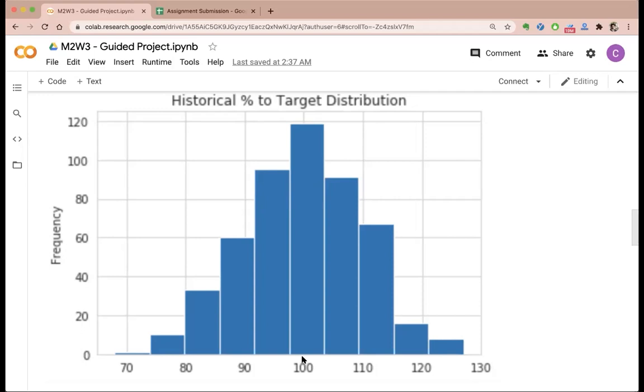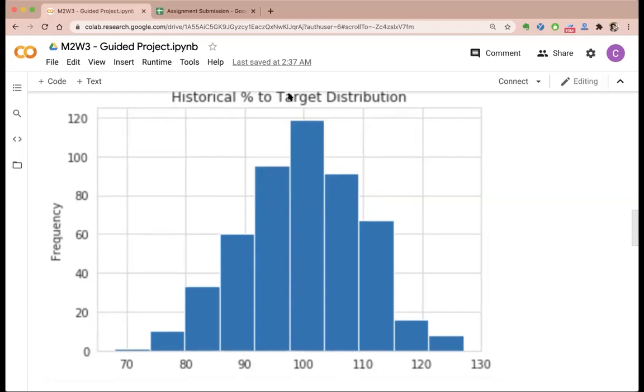So the first value, which is very obvious, is that the mean is 100, right? So here is your 100%. You can see that this is kind of the mean. We can look at this graph and figure that out, that the mean is 100. And we can say that the population mu is equal to 100. We are very close to the actual population, right?